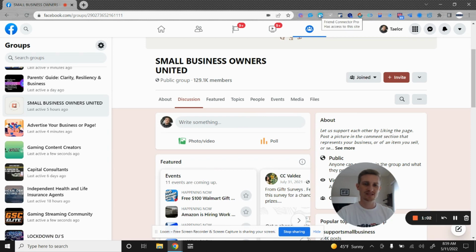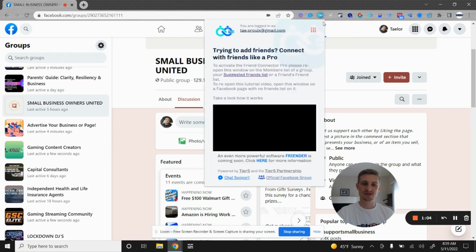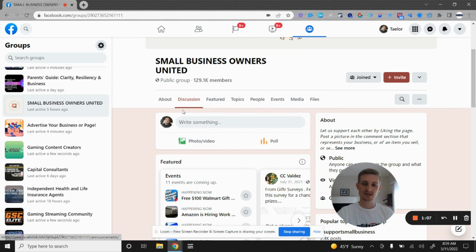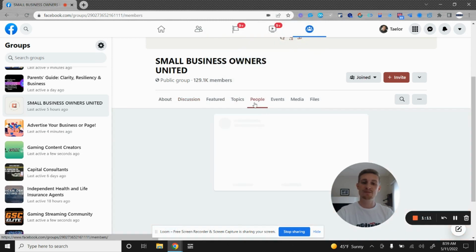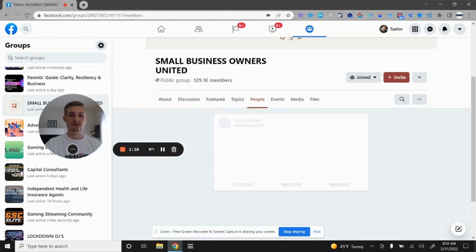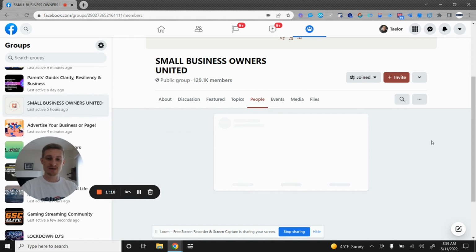And once you have the Chrome extension downloaded, you'll just access it from the top here, opening the Facebook tool. So in order for this tool to function and for it to work, you need to be in the people section or the members section of the actual Facebook group. Alrighty. So once you're here in this members section,